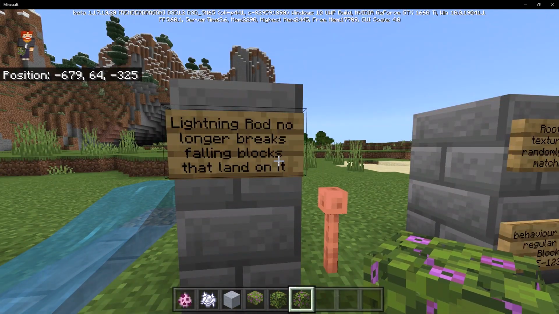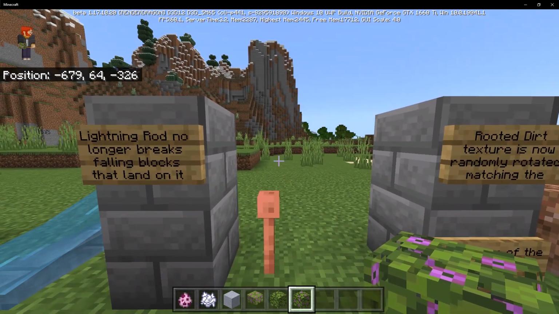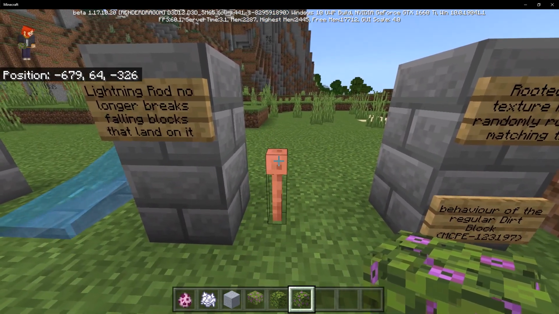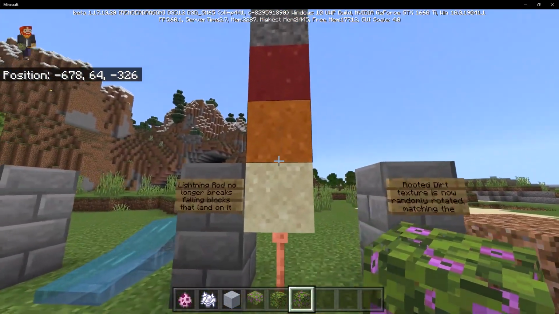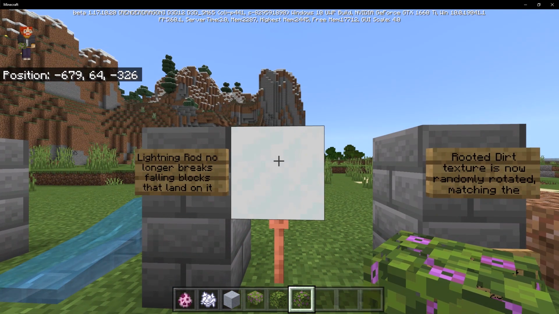So they've made it to where lightning rods no longer break falling blocks when they land on top of it. Now I think that they need to revert this because it kind of makes sense. When something falls on top of the lightning rod, it should end up breaking it. But if I go ahead and break this, then as you can see, none of these falling blocks end up getting broken. And I think that needs to be changed back to where they get broken,